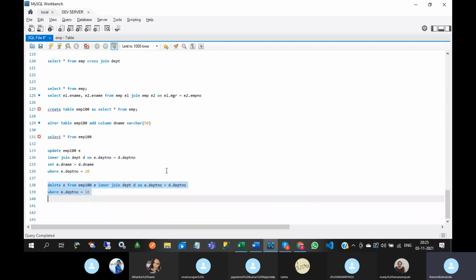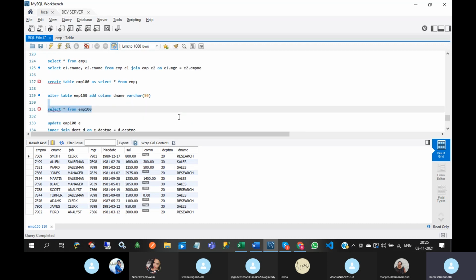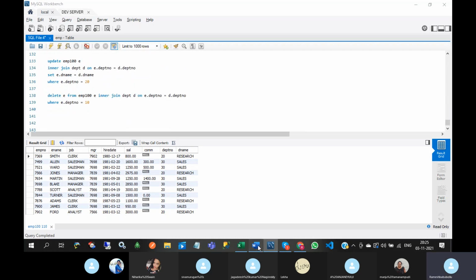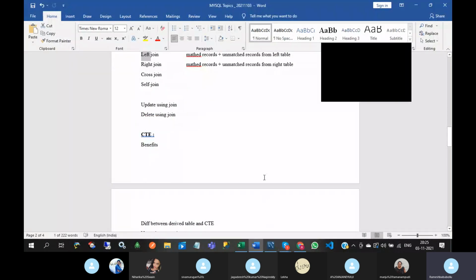Three rows affected, and see this, department number 10 records are deleted. Okay, so this is delete using join.